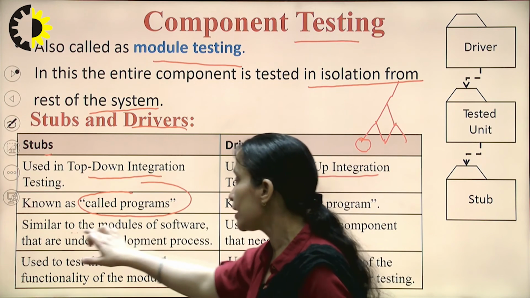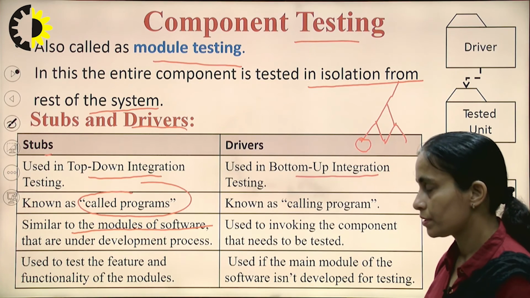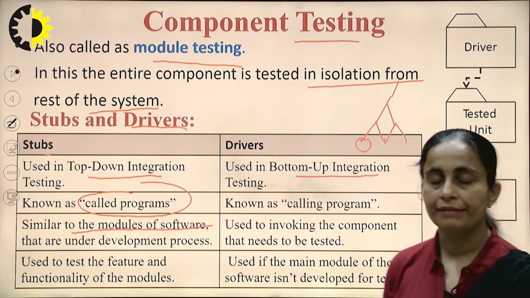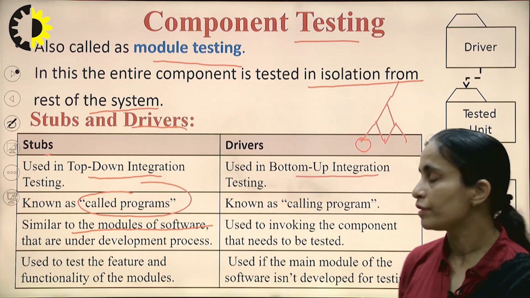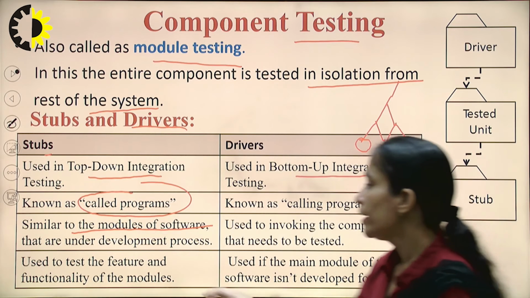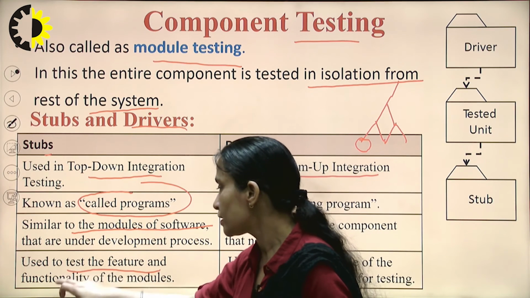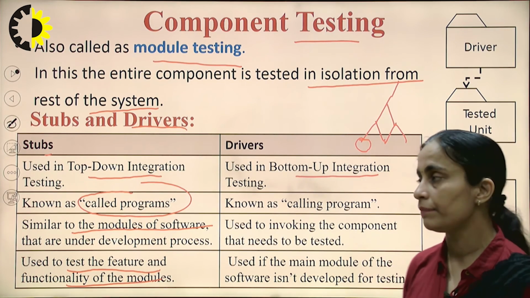They are similar to the modules of the software, which are under development. So, I will first define the function, and then write the code of the function that is called. That is known as the stub. It is used to test the feature and functionality of the module, whether this module will behave in a